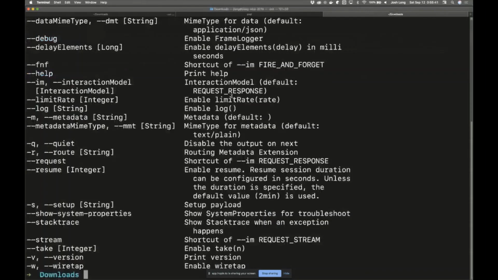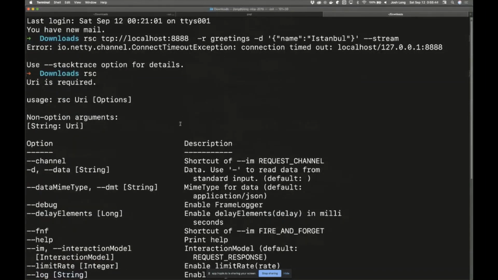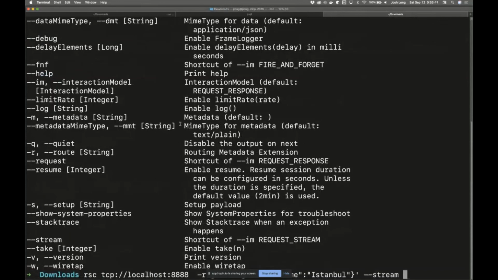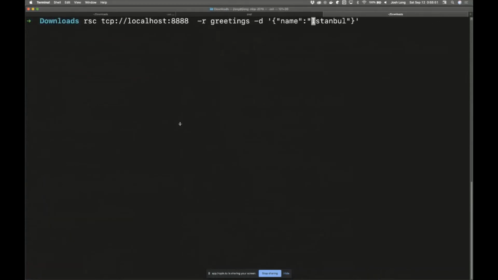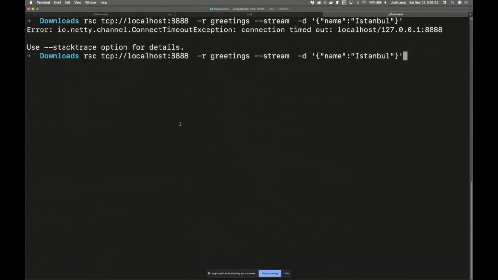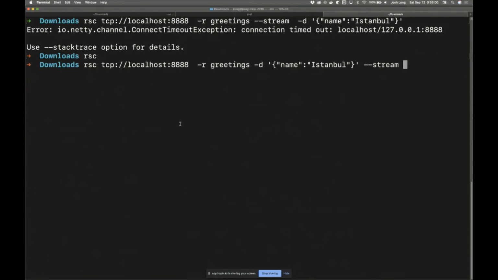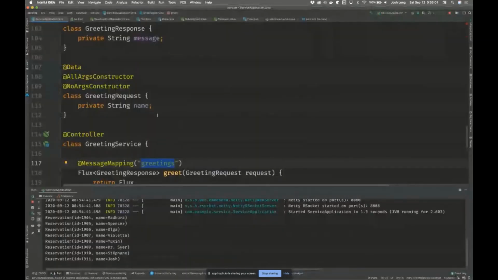RSC. And it's a stream. Oh, but I have forgotten the syntax there. Doesn't matter. That's one way to talk to it.